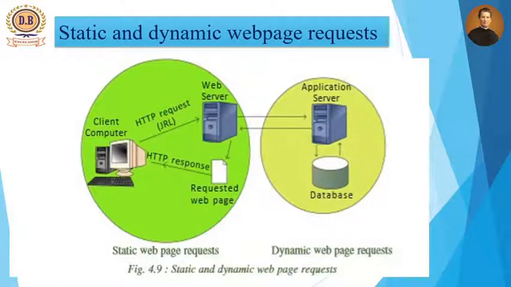Here I am sending a request. It may be a picture request, or suppose I am going to access information from Wikipedia or any website. I am giving an HTTP request. HTTP request means I am requesting a web page. What is that HTTP request? I am requesting a web page. Then the URL is already written. That means I am going to access some information from a particular web page.